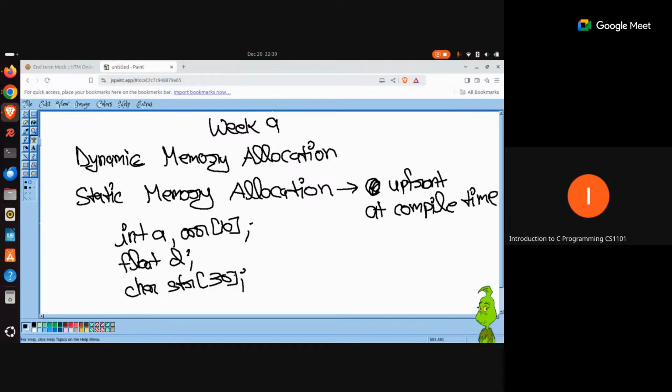Now the question is that while your program is under execution, there might be scenarios where you need to request some additional memory. Let me repeat my statement once again. There might be scenarios while working with C where you require some additional memory, but that requirement is not known while writing the program or before the program runs.